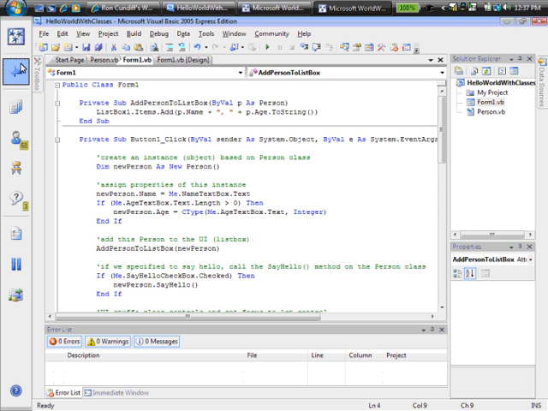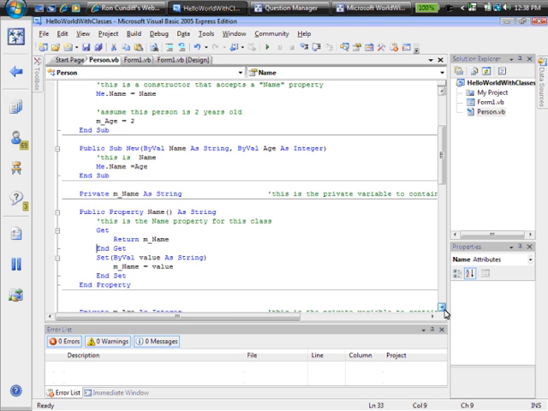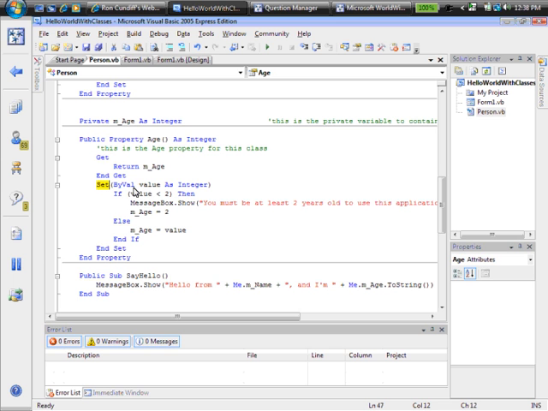Let's go ahead and switch back to my code sharing demonstration for a second, and switch over to my person class. And so here you can see within my set accessor, I'm actually validating this value here. So I'm specifying, hey, if the value is less than 2, then I need to take an appropriate action. In this case, I'm displaying a message box, which typically isn't a great idea to display any user interface elements from within your class functionality,